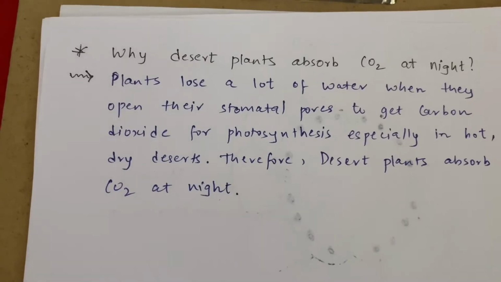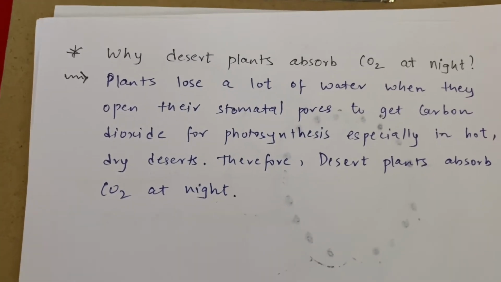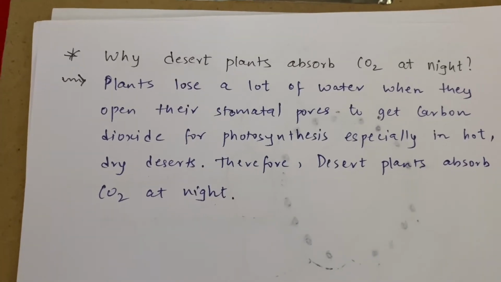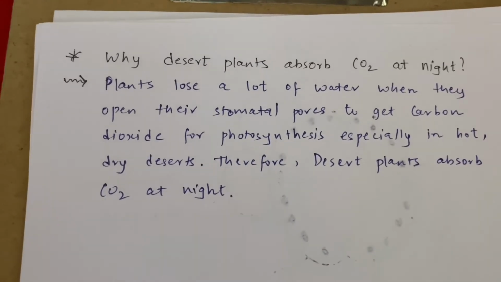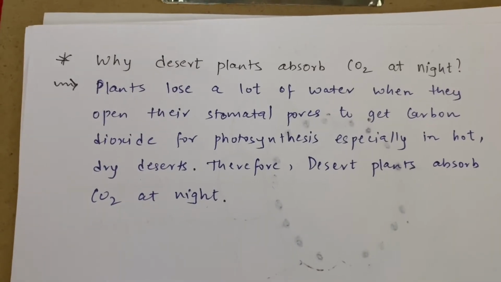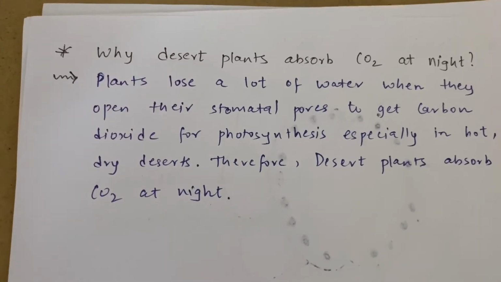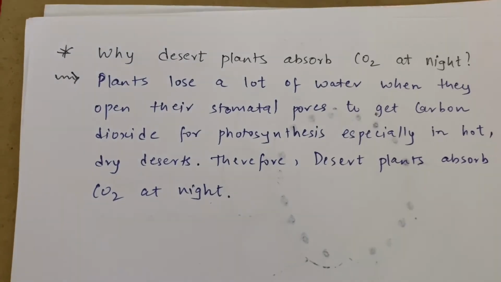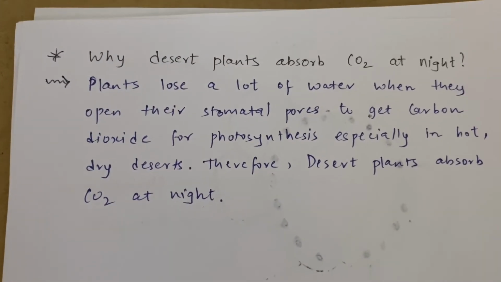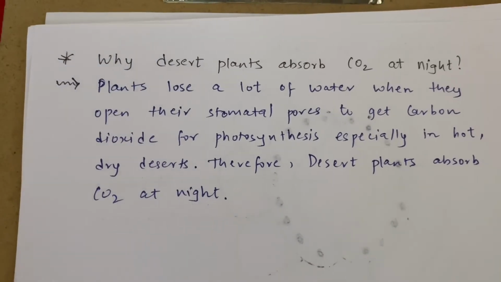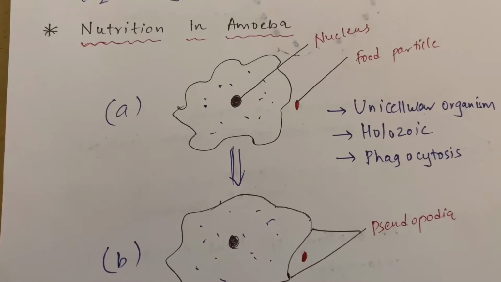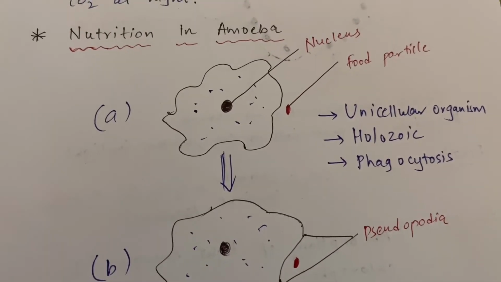So this is not valid for the plants. Therefore, what do plants do so that water is not lost? The plants of the desert don't take the carbon dioxide at daytime. They take it at night because the temperature is low at night, so they can take the carbon dioxide from the atmosphere at night, and the whole day they take the sunlight. Correct.